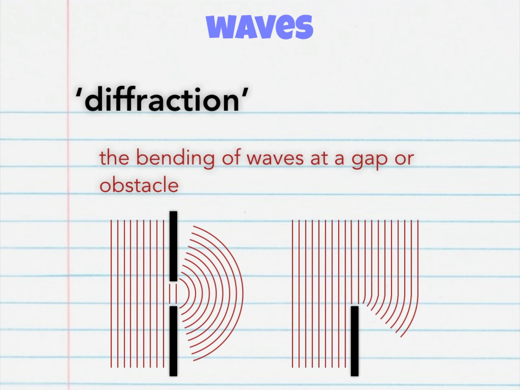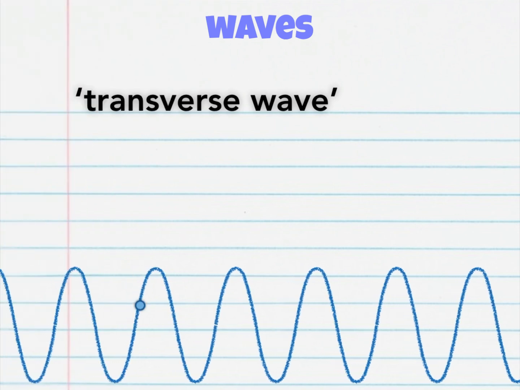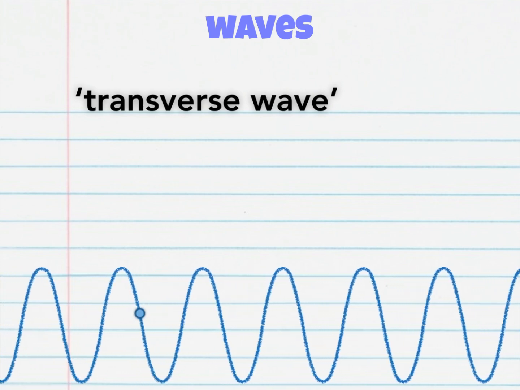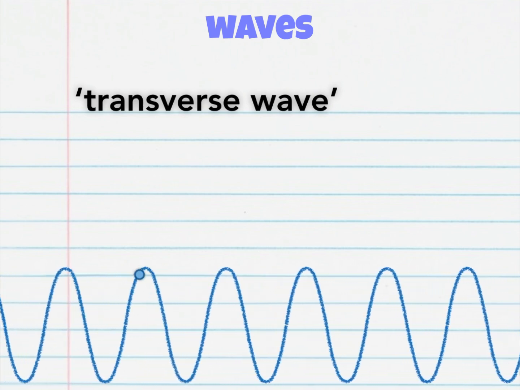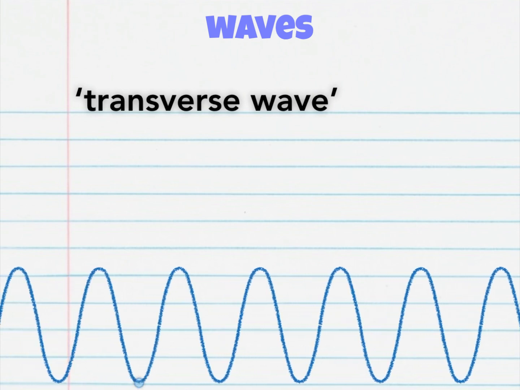Our next definition is transverse wave. Watch the animation, which should help you remember the definition. Here we have a water wave moving from left to right. The blue dot indicates the position of a single drop of water making up the wave. As you could see, the wave direction was from left to right, although the motion of the drop of water